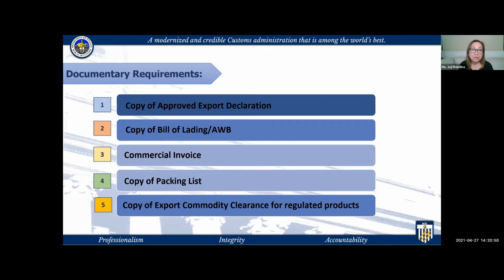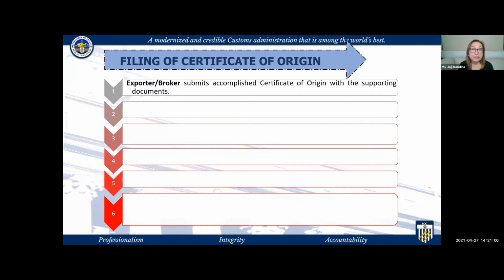Also, we need the commercial invoice and the packing list. And for those regulated products, you also have to submit the export commodity clearance. How to file certificate of origin: the exporter or the broker submits a complete certificate of origin with the supporting documents. Ito yung blank form, the unsigned form which states your shipment. Okay, pa-receive nyo yan sa